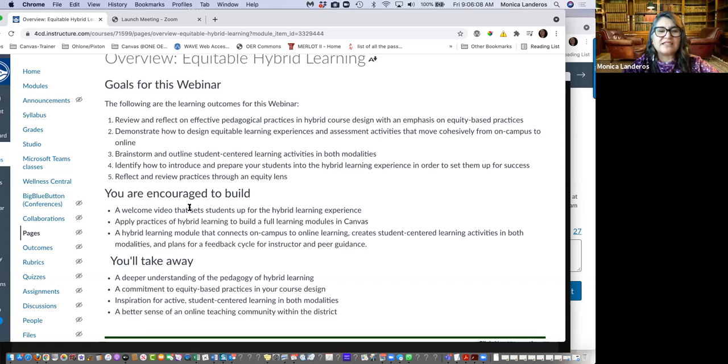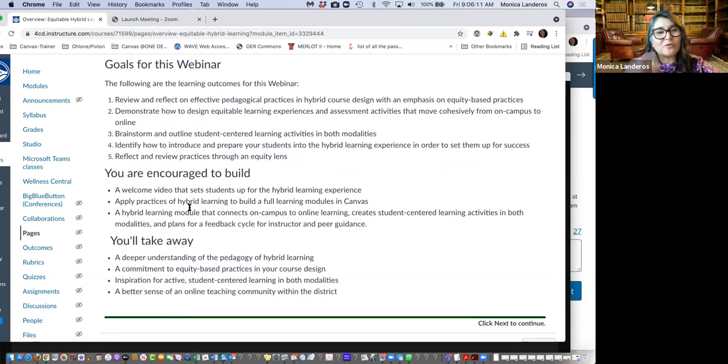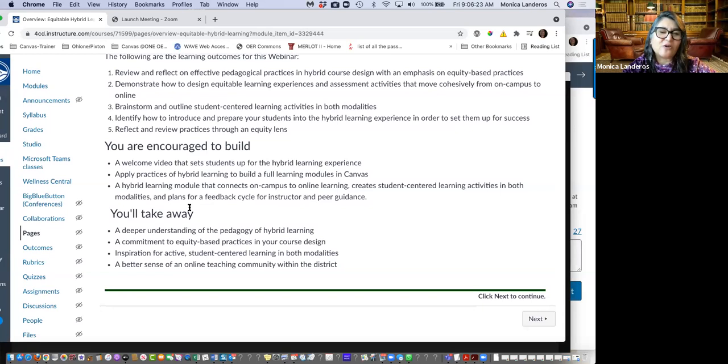So there are a couple of things that you can build. Of course, these are optional, but when you're thinking about how you'll put together your hybrid course and design that, think about what elements will help at the beginning of the course and throughout the course. And then you will have a takeaway after this review on the pedagogy of hybrid learning, a commitment to equity-based practices. And so along with equity-based practices, we also take a look at the importance of universal design for learning and accessibility, and inspiration for active centered learning,